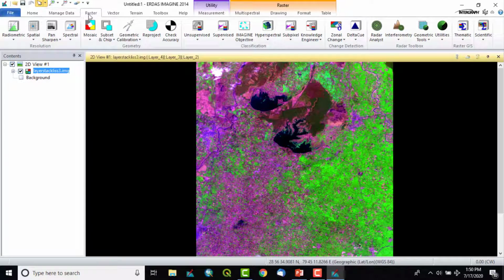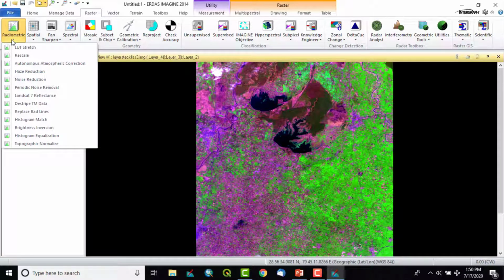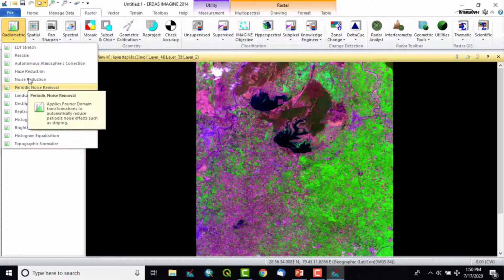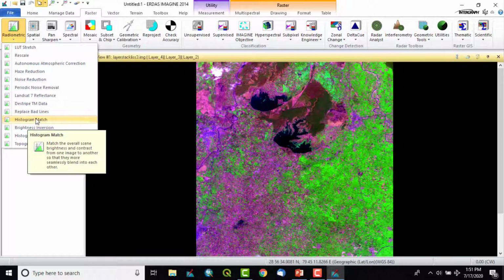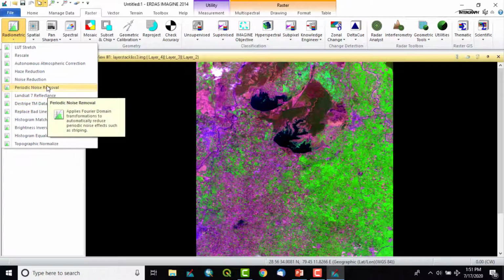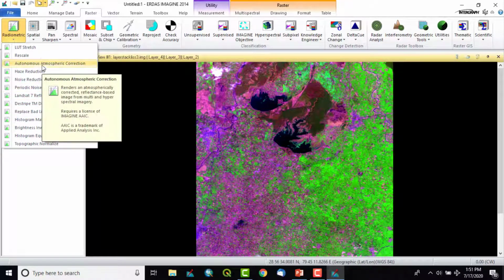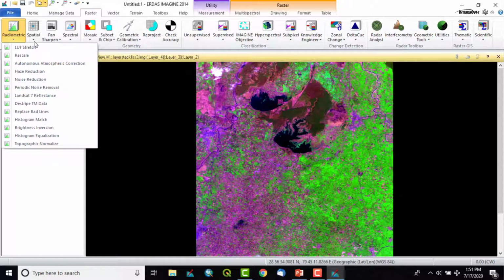Next is raster. The main feature of this software is raster. You can see in raster there is a wide range of tools available, right from corrections in satellite imagery like radiometric corrections, LUT stretch, rescale, histogram match. Very important tools are available with the help of which we can enhance our satellite data.